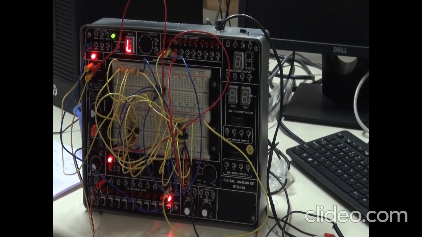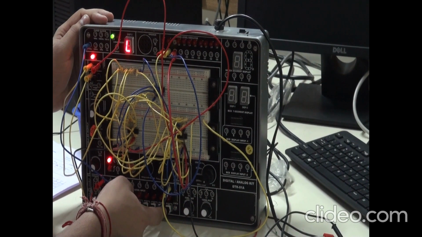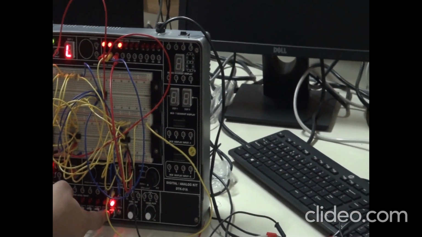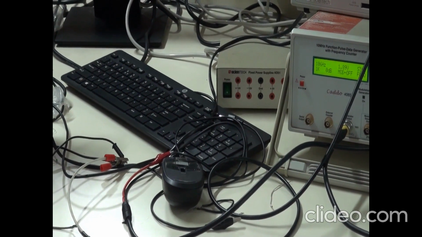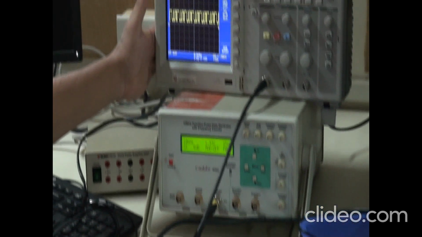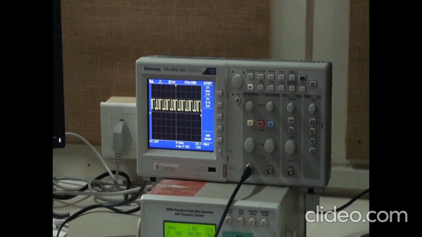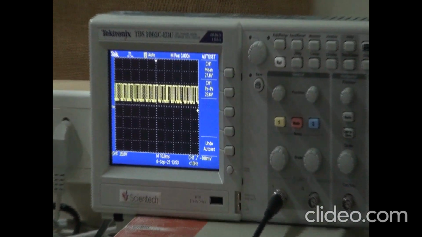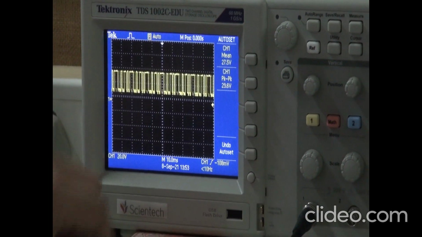So let us see the waveform, how the sequence is generated. So here you can see in the CRO that a random sequence is generated as I have given the input. So this is a random pseudo sequence.